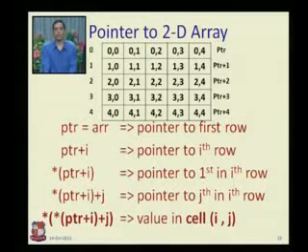Now what does this plus J do? It is now a pointer to the jth element in the ith row. Okay, clear? PTR plus I, star of PTR plus I, and then star of PTR plus I plus J. And remember the order of brackets, because without brackets it will fail. Okay, the last is how this completes access to the 2D array.